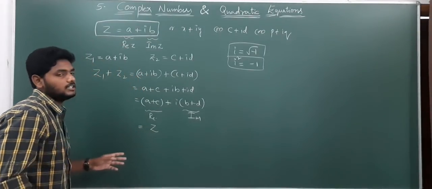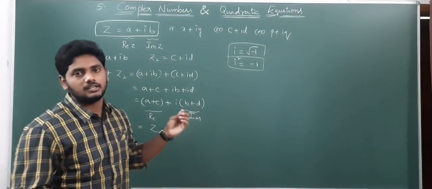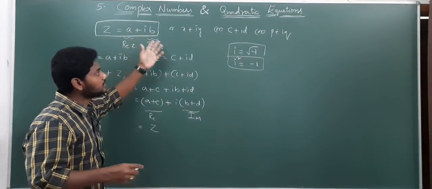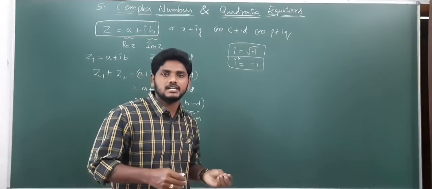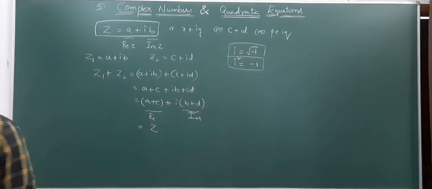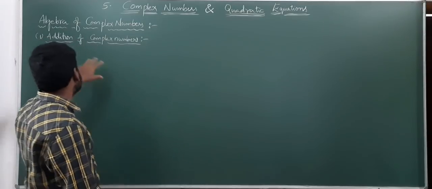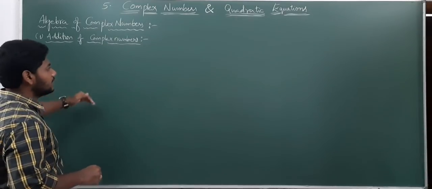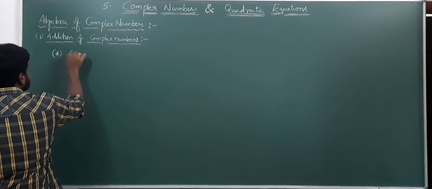After that we will learn the algebra of complex numbers. So what do we mean by algebra? Algebra is nothing but addition, subtraction, multiplication and division. This is a new concept, complex numbers. So first of all we need to learn what properties are satisfied for addition, subtraction, multiplication and division. Pause the video to note it down. So we will discuss the algebra of complex numbers. In that, first we will discuss the properties of addition of complex numbers. I will write them in order and you need to remember them. The first one is the closure property.